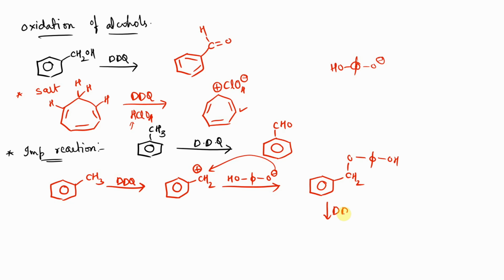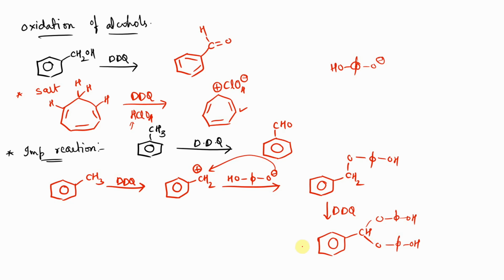Okay, now since we have one more benzylic hydrogen, the reaction will react with one more molecule of DDQ. We get the reactant once again of the same type, but with one less hydrogen attached to carbon and 2 O5 of OH groups. Okay, so this is how the reaction now takes place.